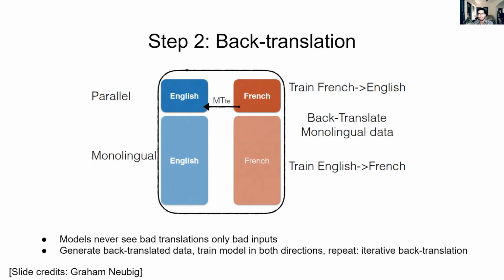So what you do is train a reverse translation model from English to French using this parallel data, and then translate the English monolingual data to French. Now you have parallel data from French to English and some pseudo-parallel data from noisy French to actual English. So you combine all of this data together and then train another model from French to English. And then you do the same in the opposite direction and train another model with the back translated data from